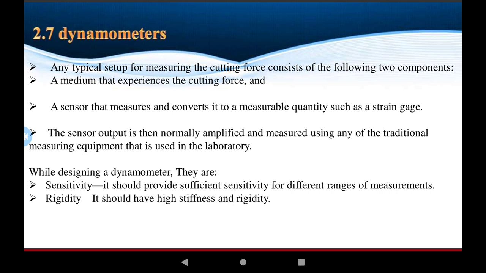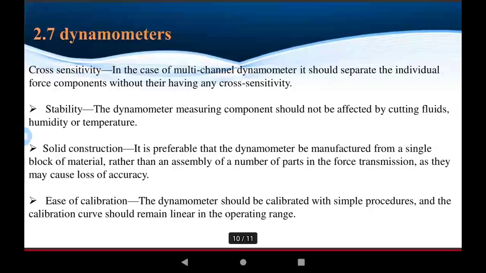While designing the dynamometer, sensitivity: it should provide sufficient sensitivity over different ranges of measurement. Rigidity: it should have high stiffness. Cross sensitivity: in the case of a multi-channel dynamometer, the force components should be indicated without cross sensitivity. Stability: the stability of the dynamometer measuring the components should not be affected by cutting fluid, humidity, and temperature,